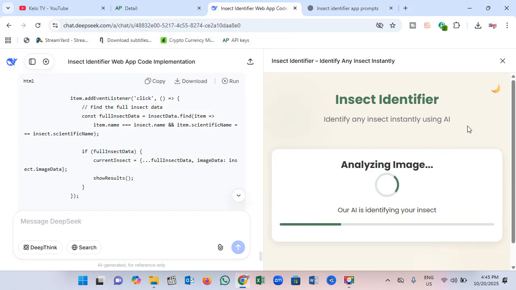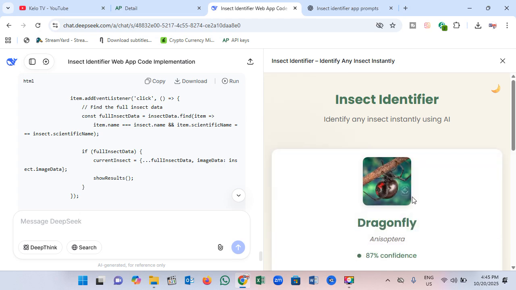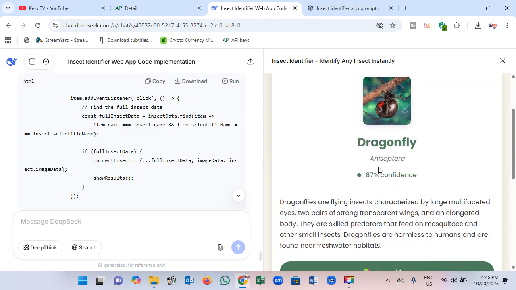You can see it's analyzing the image. As you can see, it says it's a dragonfly, and you can see the botanical name Anisoptera, and you can see